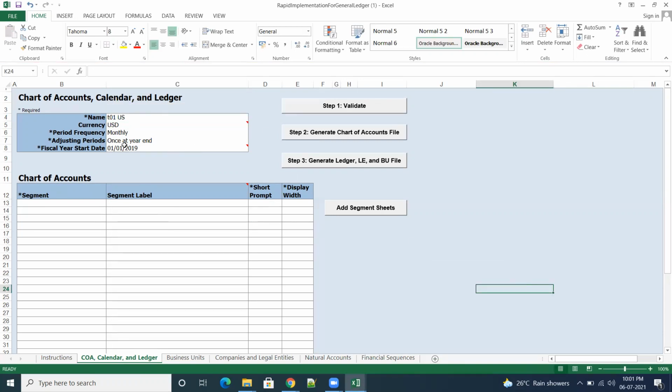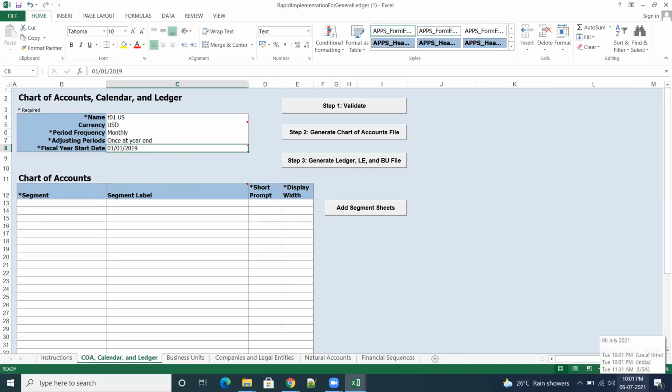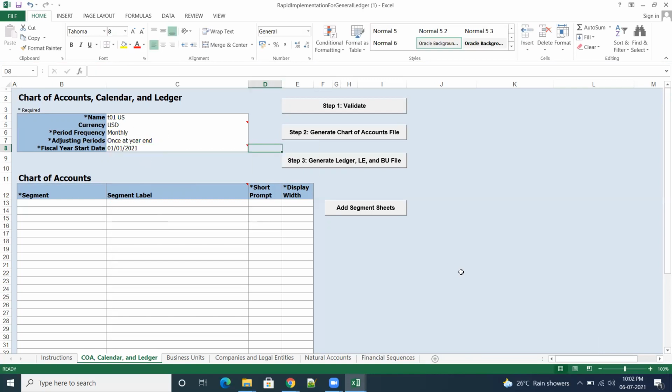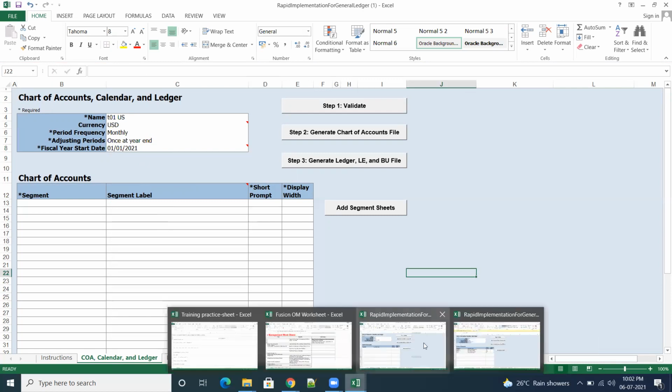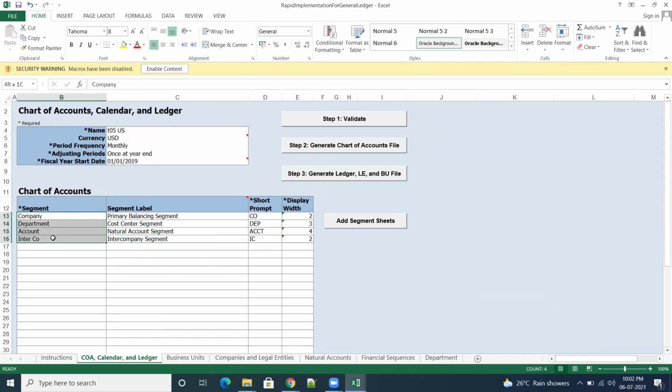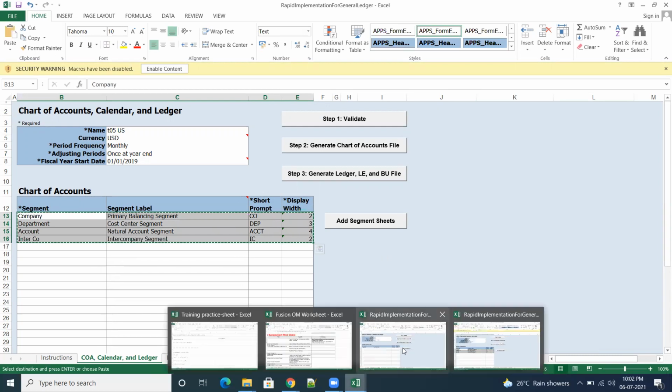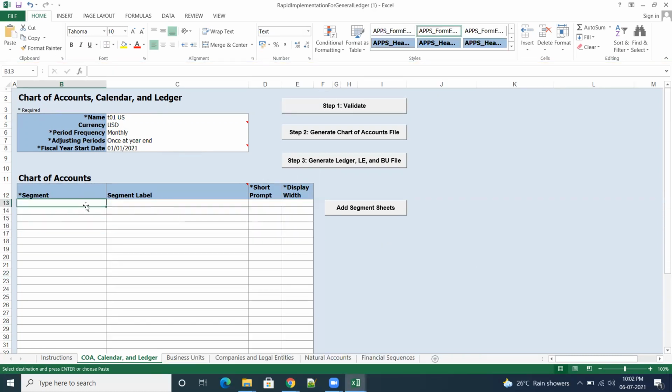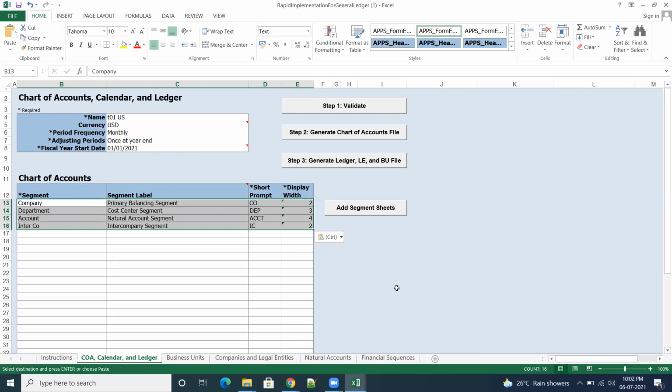And the date is this year's date. Okay, 2021. And whatever data you have, I'll copy paste into the system. So company, department, these are the 4 segments. Even if you want, you can define more also. Okay, this is the first page.